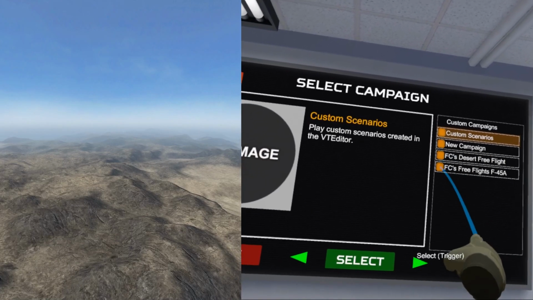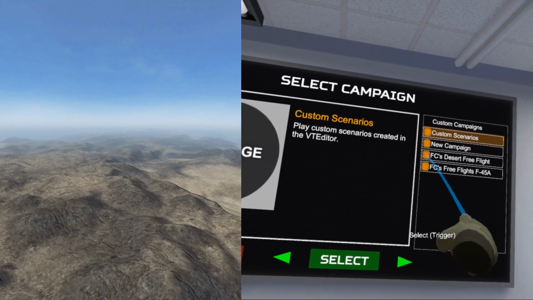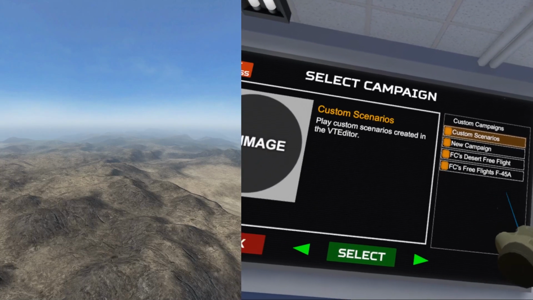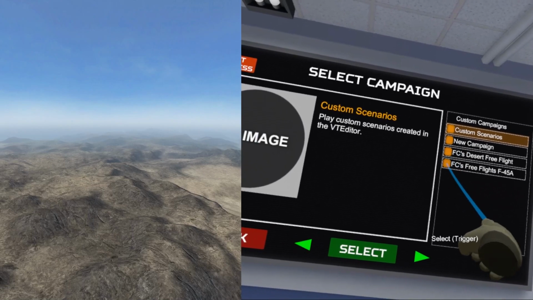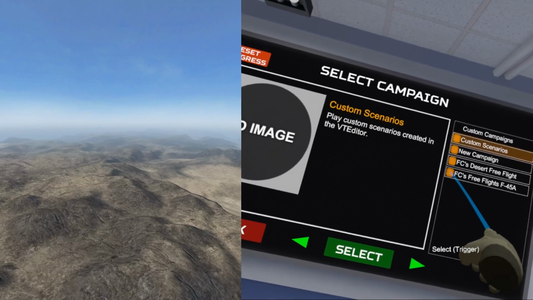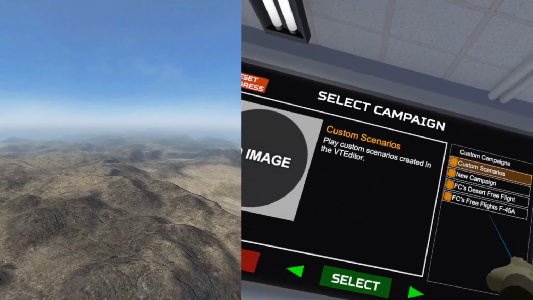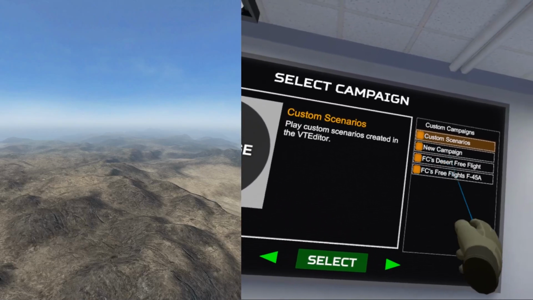I've actually just released 2 versions of my old free flights for the desert map and then just for the regular island map. So if you want them, grab them from Discord under Mission Editor. There's no other place to really distribute them right now very easily. But yeah, you can just fly around with those and learn the aircraft's